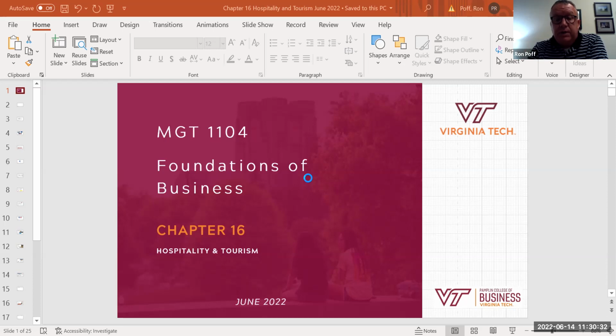Here in the state of Virginia, we're starting to see a lot more wineries and craft distilling, whether it's craft beer or other types of spirits. Those are becoming destination points, which have economic development opportunities and impact to tax revenue and other support services that come along with that.